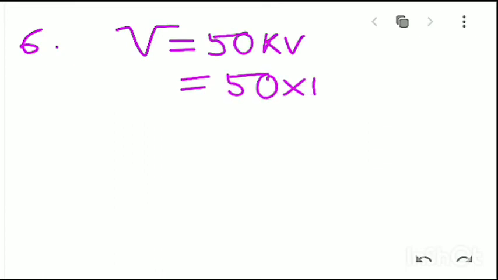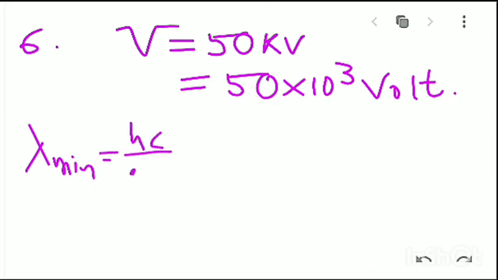The operating voltage is 50 kV, that is 50 into 10 to the power 3 volt. You can see here that's the driving potential. Now for the minimum wavelength, that's an easy formula,